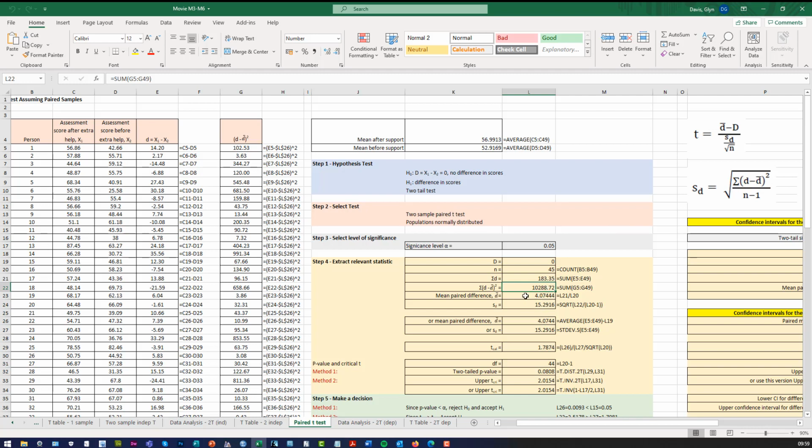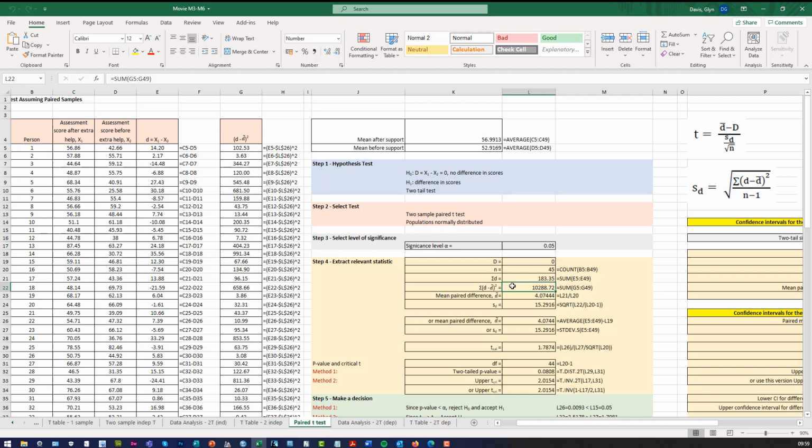Then we can calculate the mean paired difference, d bar, and also the standard deviation, etc. You can see that the standard deviation is 15.29, the mean paired difference is 4.07, and the sum of the differences minus the average difference, all squared, is